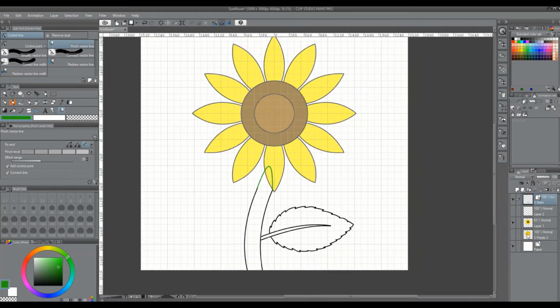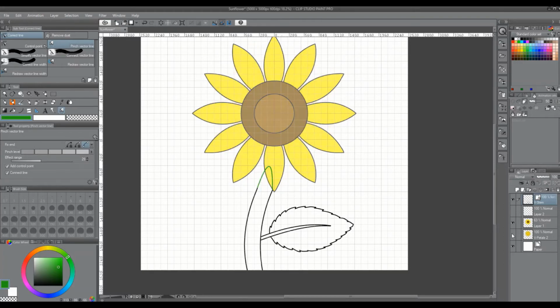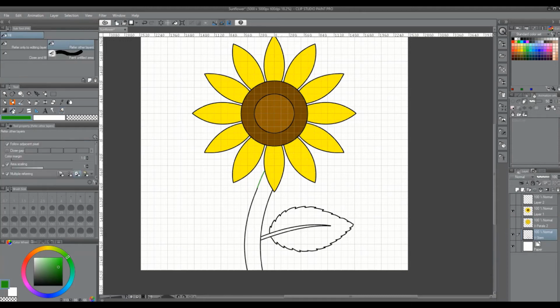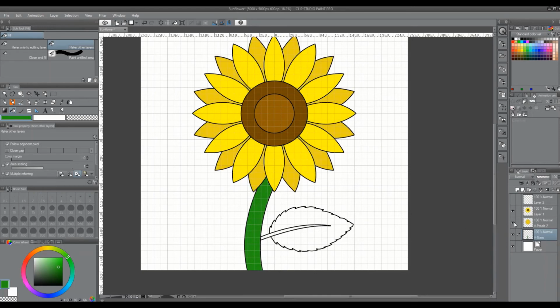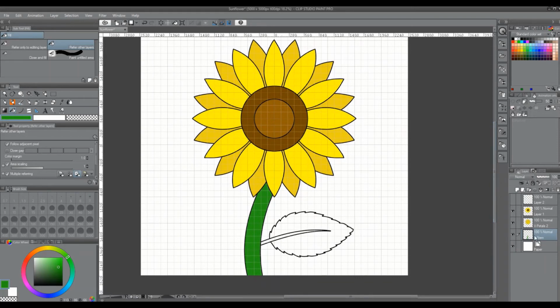Perfect. And let me unhide my second row. That looks good. So I'm going to hide that again and return the opacity back to normal. I'm going to rasterize my layer so I can use the fill tool, and I'm going to drag it behind these flower petal layers. And then using my fill tool, I'm going to fill in that green. I'm going to unhide my second layer of flower petals. And I'm going to continue to fill in this green